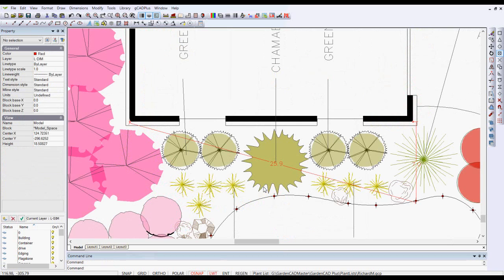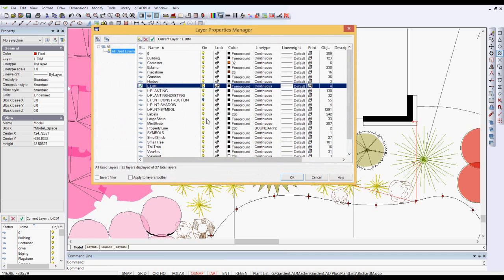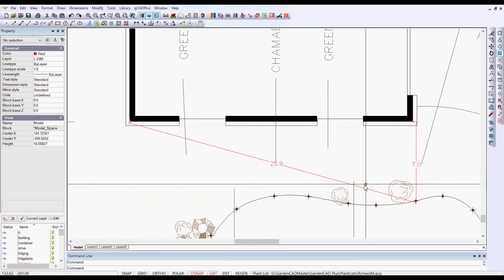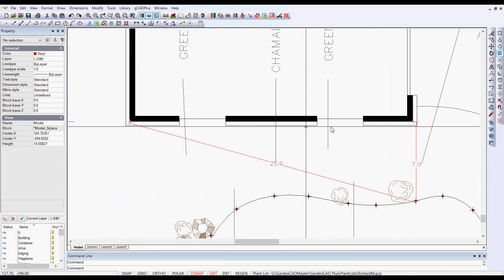I mentioned that because we put control points all along our intended line of the garden bed edging, that we could give our construction team some useful information. This is a drawing from the US, so our units here are decimal feet. What I've done, and let's turn off a planting layer, so we have a L-planting layer. Let's remove the planting, and what I've done is to put 2 points, one at each corner of the house,